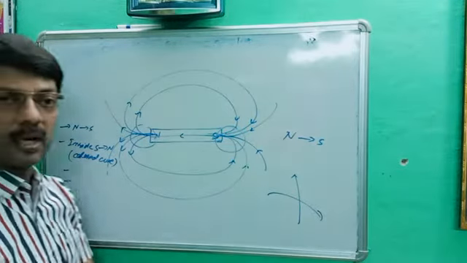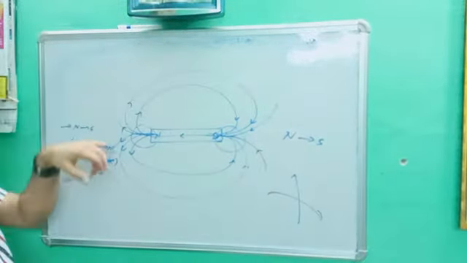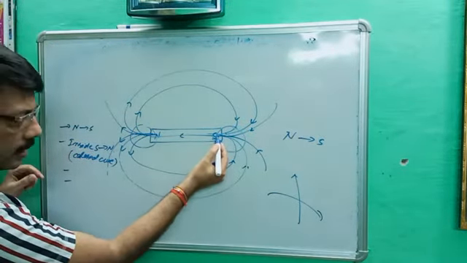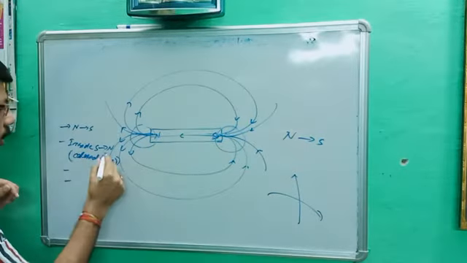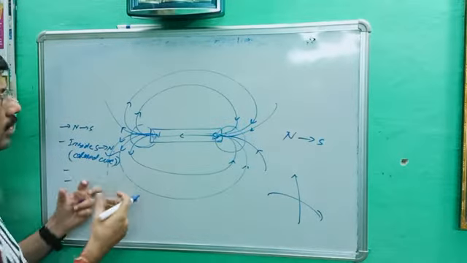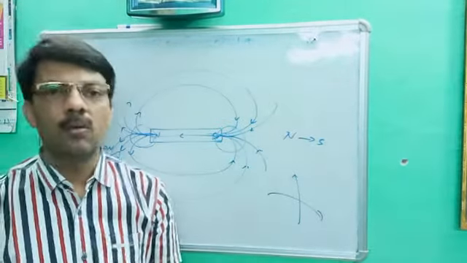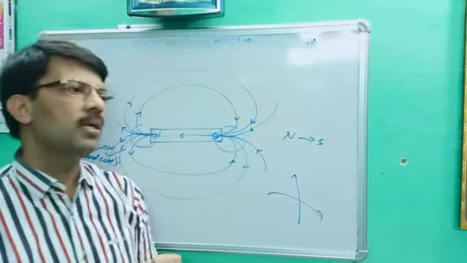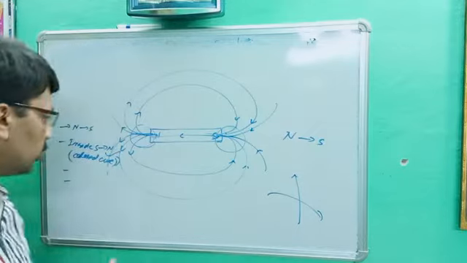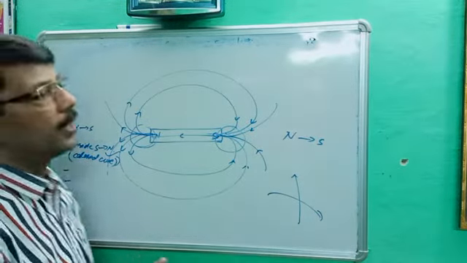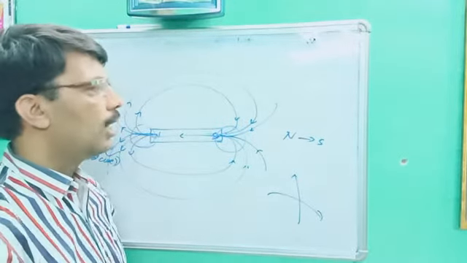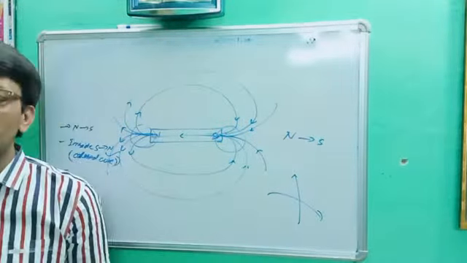So there are four characteristics. Once again, listen. Magnetic lines of force travel from north to south. First point. Inside the magnet, they travel south to north. Hence, they make a closed curve. Very, very important. Next point. Closer to the pole, these lines of force are denser, which shows their strength. And last point, two lines of force do not intersect each other.